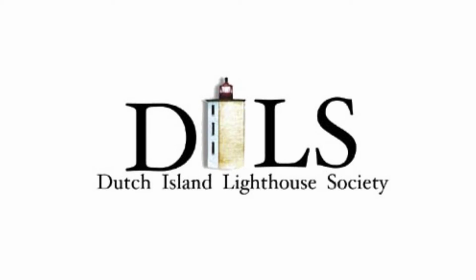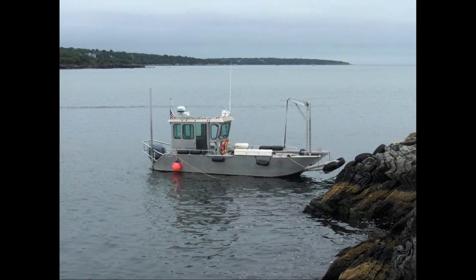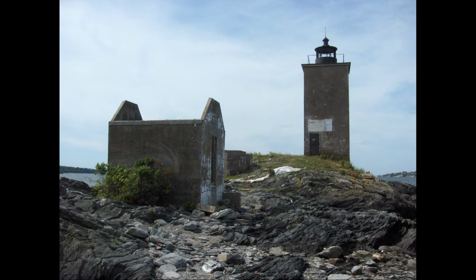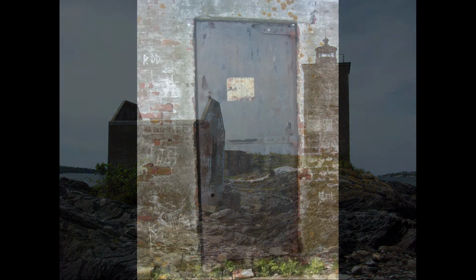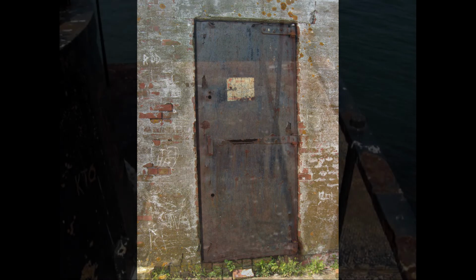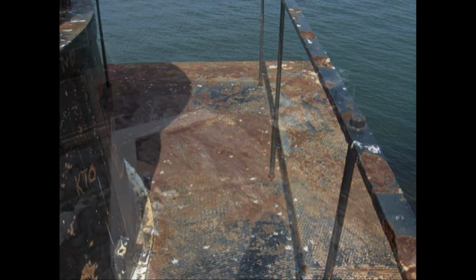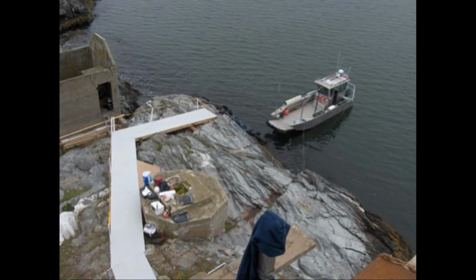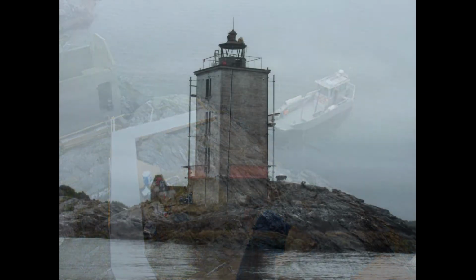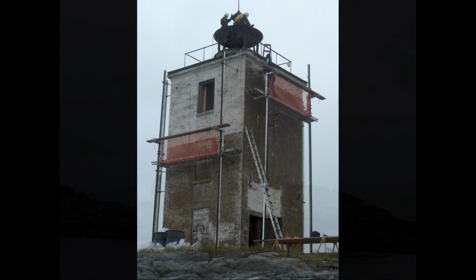In the year 2000, the newly formed Lighthouse Society, now known as DILS, visited the lighthouse for a structural inspection. After this visit, the board determined that the lighthouse was in good enough condition to move forward with the restoration project. After 7 years of fundraising, a substantial government grant, and a lot of hard work, the restoration process started to really take shape. Abcor Restoration was hired for the work, and in 2007, they began to strip the exterior,